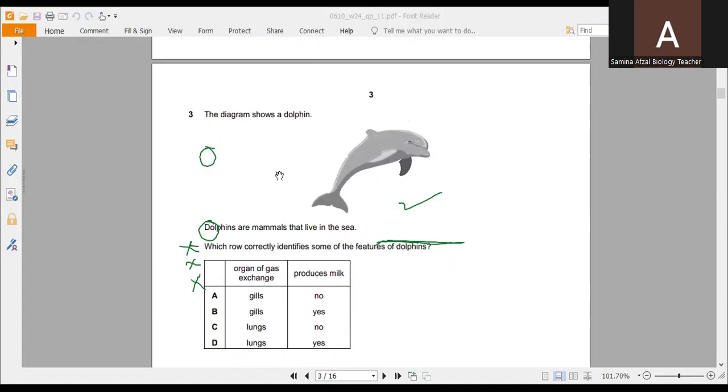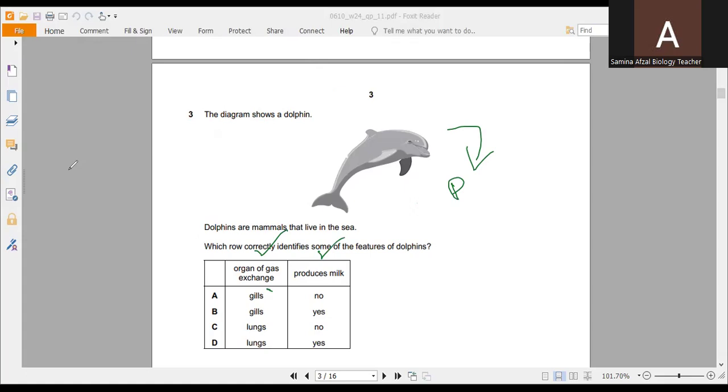Now, the next question is, the diagram shows a dolphin, and dolphins are mammals that live in the sea. Which option correctly identifies some of the features of dolphins? Mammals have proper lungs as organs of gas exchange and produce milk. So mammals have mammary glands by which they produce milk. Secondly, they have